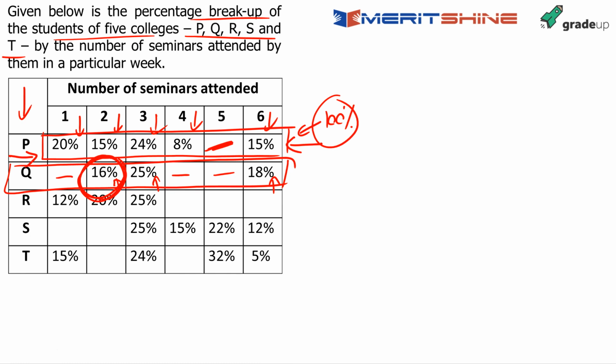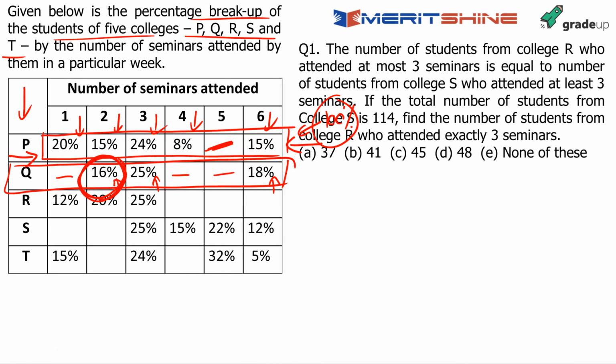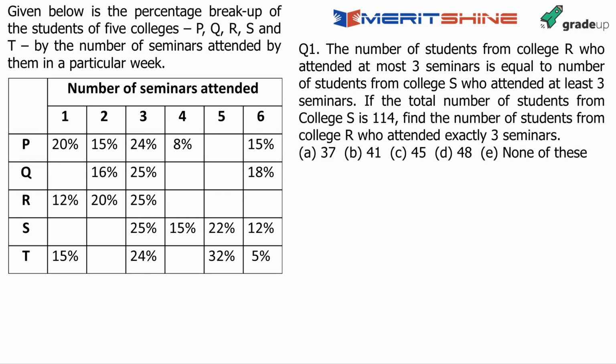So I am showing the first question. Just try and attempt it, without having a prejudice in your mind against missing DI. It's a very, very simple question. Please look at this question now and try and attempt it. Do not have any prejudice in your mind as to it being difficult or different or new. There is nothing difficult in it. Look at this question first. Read the question.